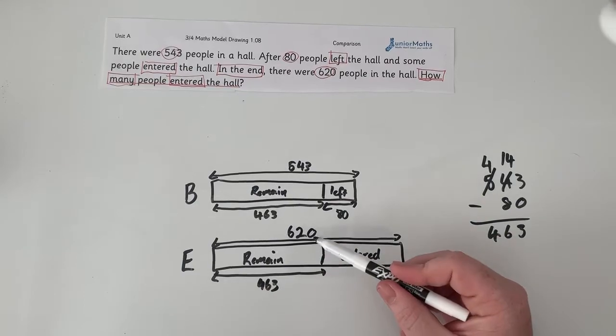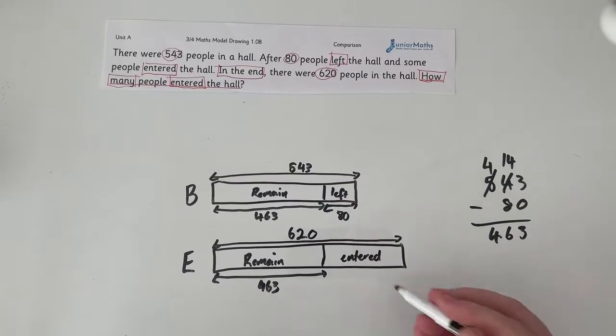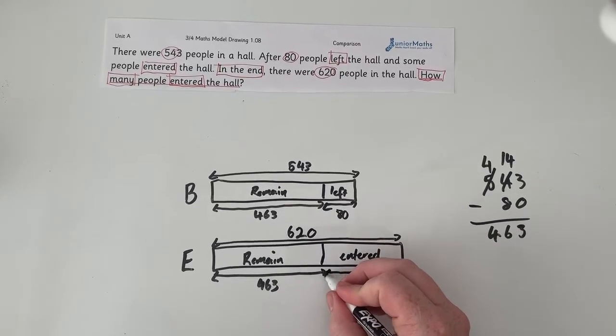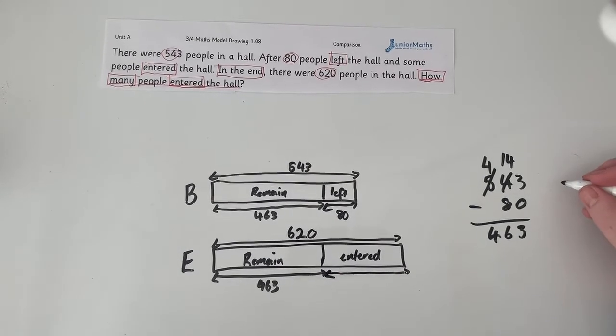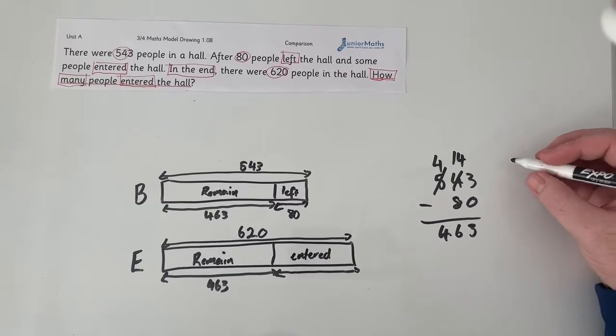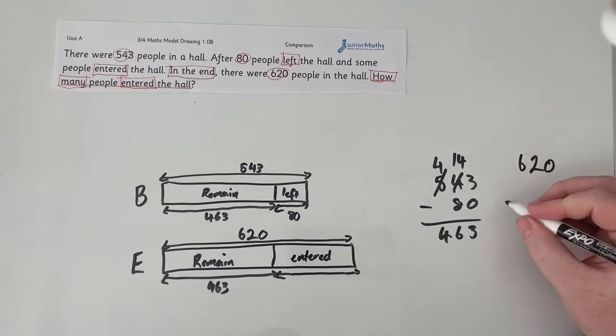Now, once again, we have a total and we have a part. So if we use subtraction, we can find out what number of people must have entered the hall. So, is it still going to fit in there, I think? I might slide that across to make room. So, 620 take away